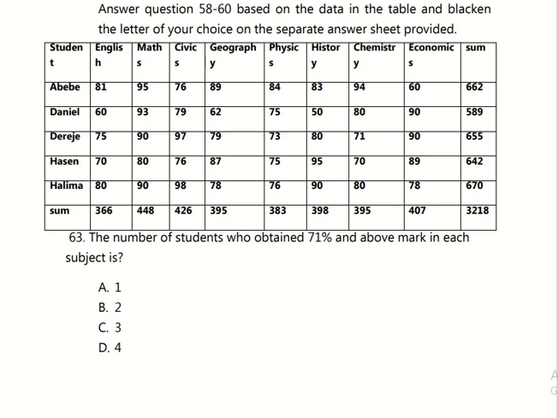Okay, there are 5 students: Ababa, Daniel, Daraji, Hassan, and Halima, and the sum is also given to you. English, Ababa, how much he got. Maths, like Ababa's results are the horizontal one and the sum is here, and Daniel's result here, and Daraji's here, and it goes. The English sum is also given to us, and the maths sum, it goes. 5 subjects, don't forget. So the number of students who obtain 71% and above marks in each subject, that means I have to divide this by 5. Each of them has to be divided by